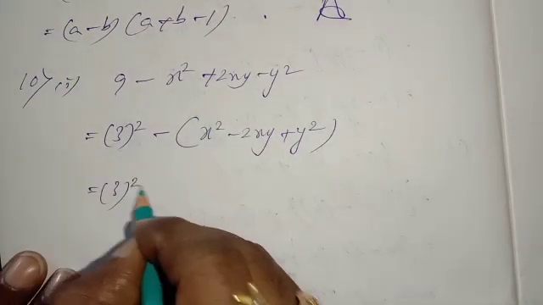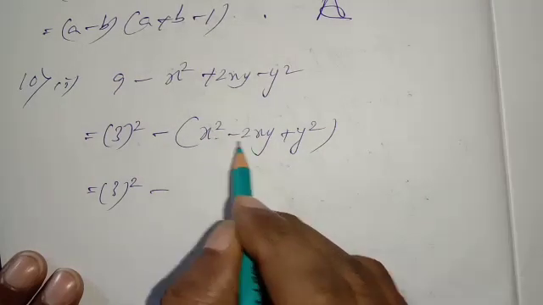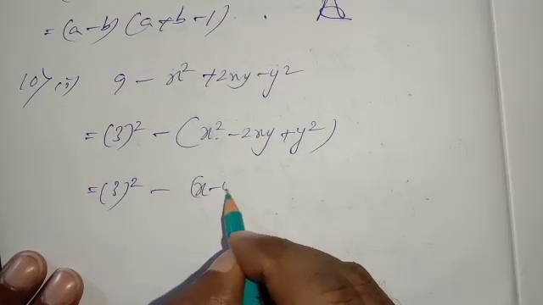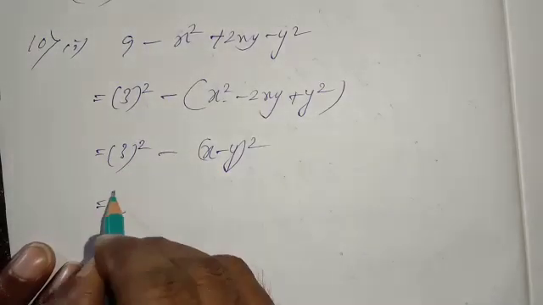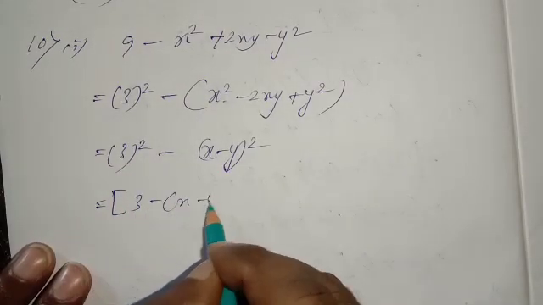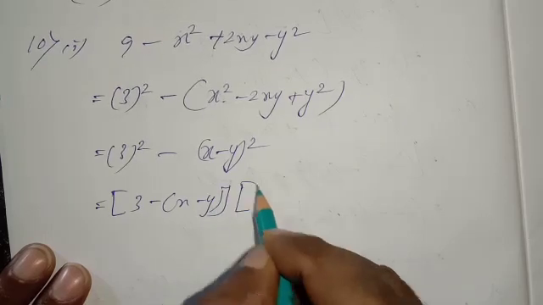This is 3 whole square. x square minus 2xy plus y square means x minus y whole square. Now you have to apply the a square minus b square formula. The first factor is 3 minus (x minus y). The next one will be 3 plus